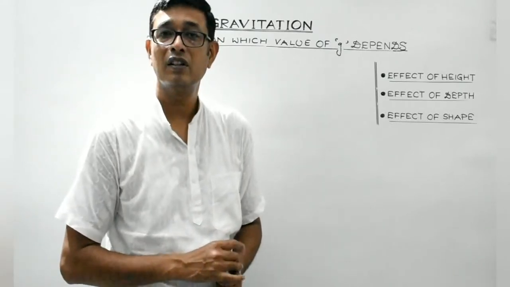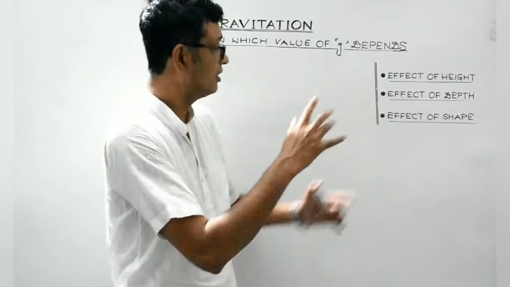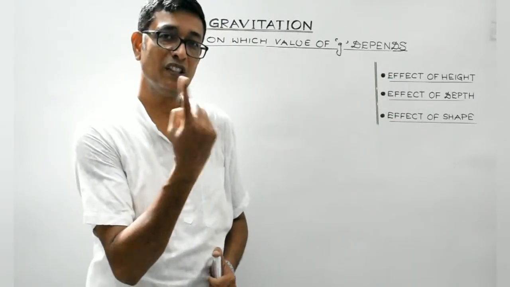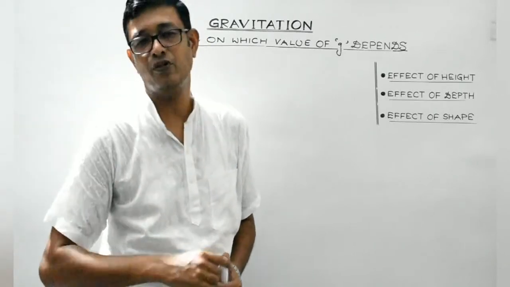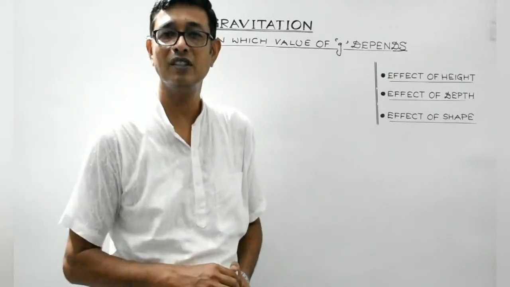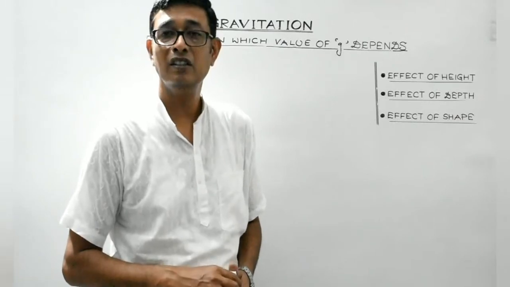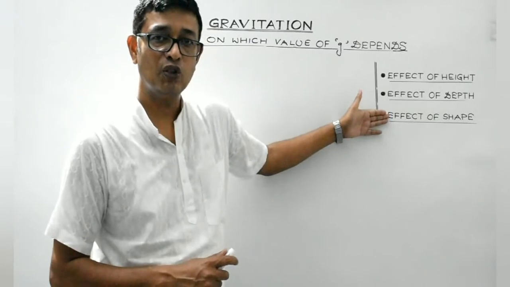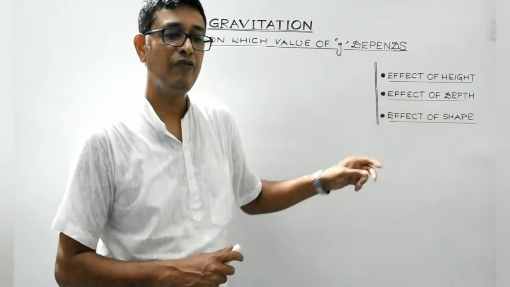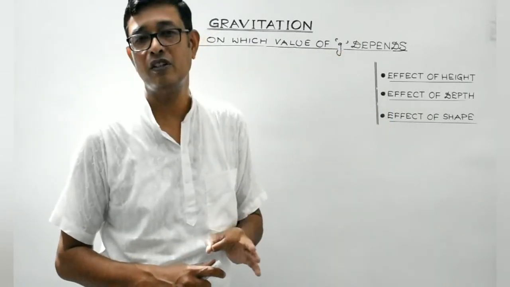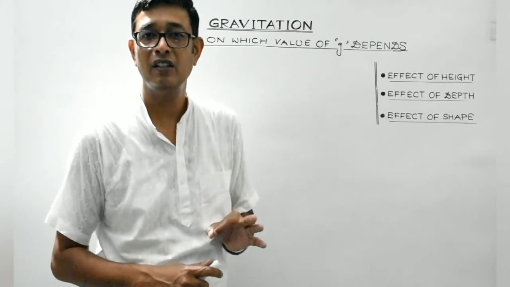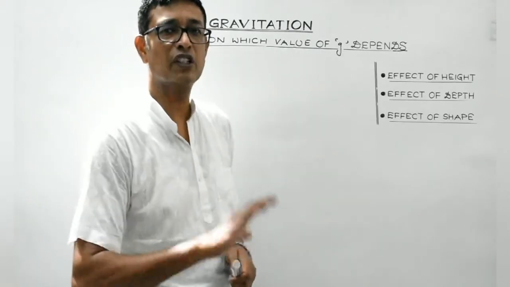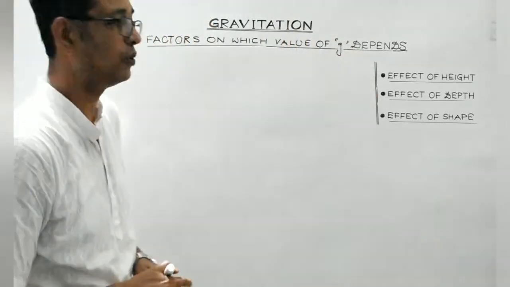Now students, besides these three factors, it also depends upon the rotation of the Earth about its own axis. That we'll discuss sometime later. It's a higher concept. So before we start discussing the factors on which the value of small g depends, we need to find an expression for acceleration due to gravity in terms of the density of the Earth. So let's first find it and then we'll fall back to this particular topic.